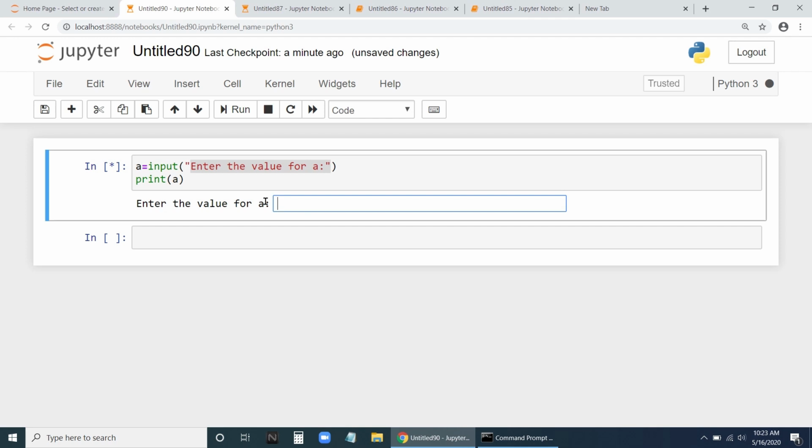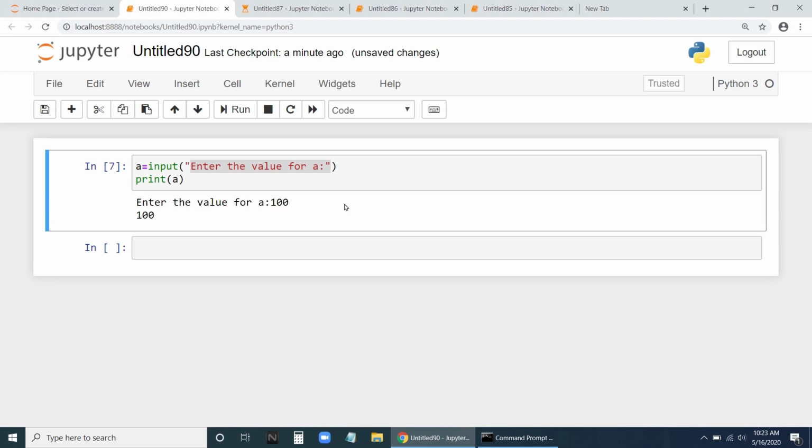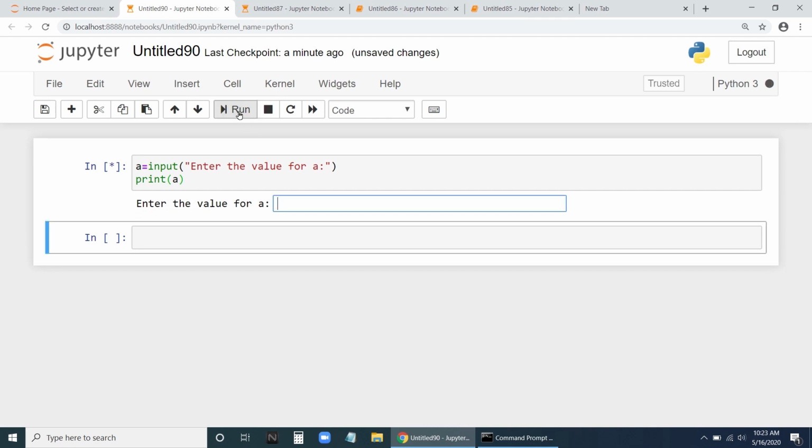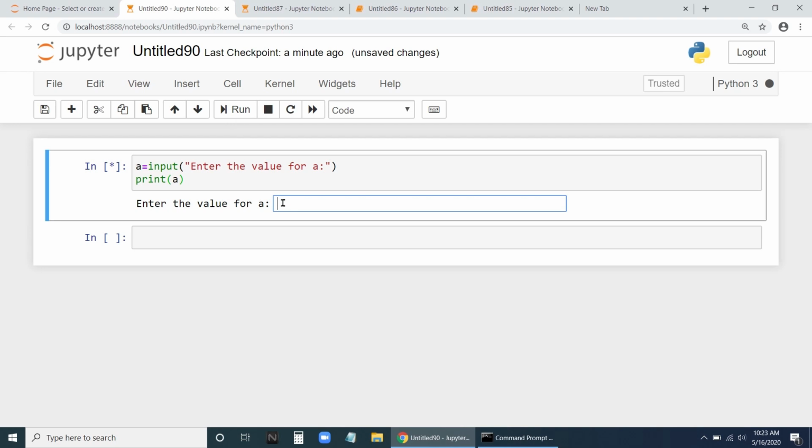So let us enter 100, then press enter. You can see that 100 is assigned to a, and it will print the value of a is 100. Now let us run again. It will not display 100. It will ask for a new value to enter from the keyboard.